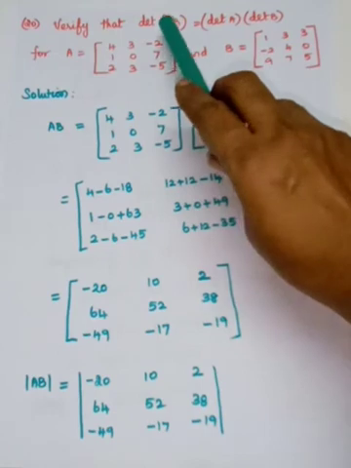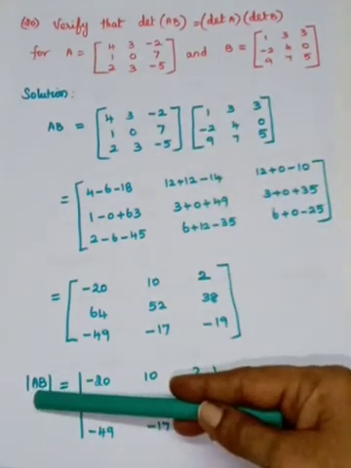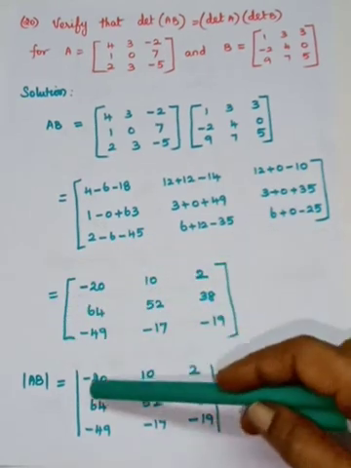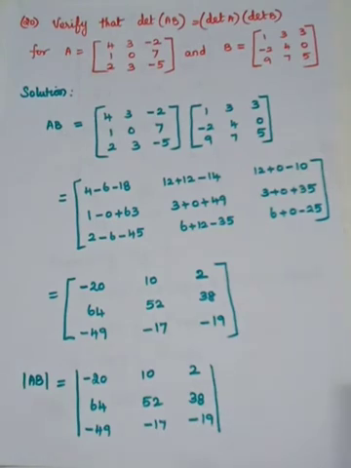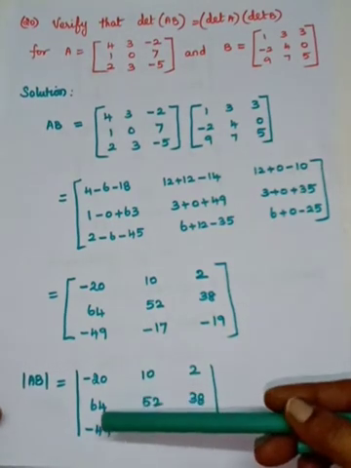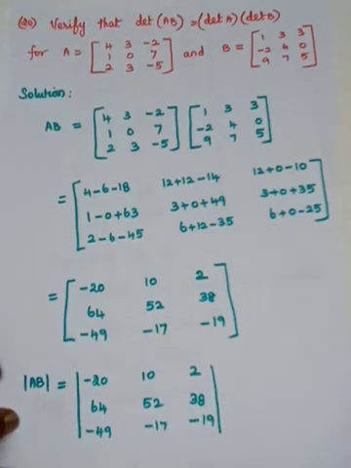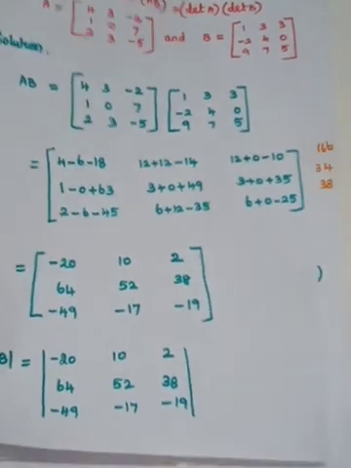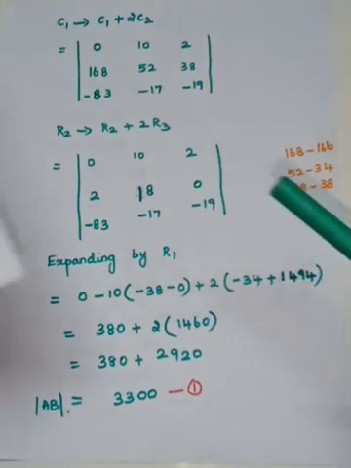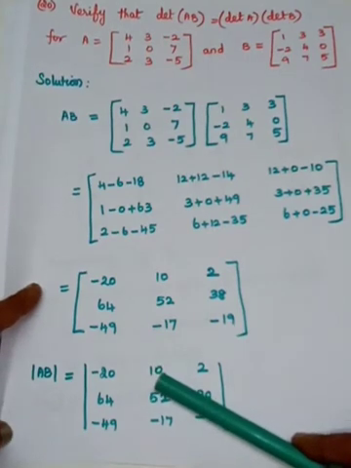Next here, what is asked? Determinant AB. So determinant AB has to be written within the vertical lines. The same entries have to be written within the vertical lines. So you are going to find the value. You see the entries 64, 52, 38, 49. So it is somewhat bigger. So we have to make some simplification, make a simple term, simple entry, so that it is easy for us to expand and multiply. So for that, here I'm going to change. Here it is minus 20. Here you will have 10.